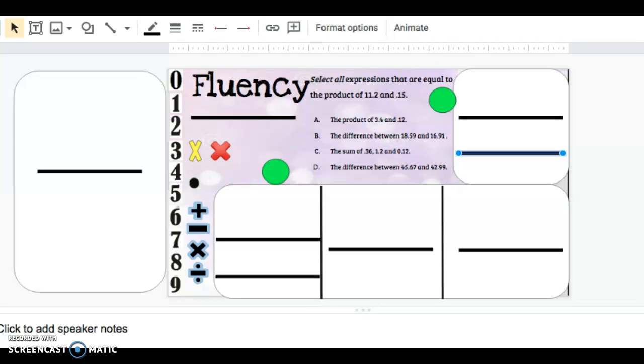Okay, so fluency is going to take us some time. However, it's not difficult. It's just time consuming. Okay, so for fluency, it says select all expressions that are equal to the product of 11 and 2/10 and